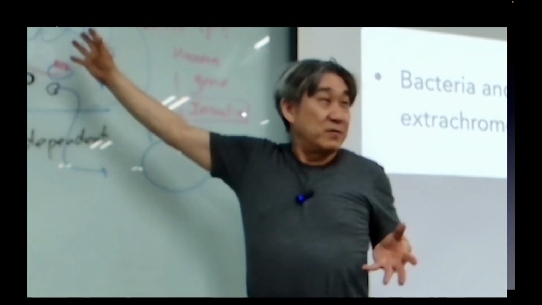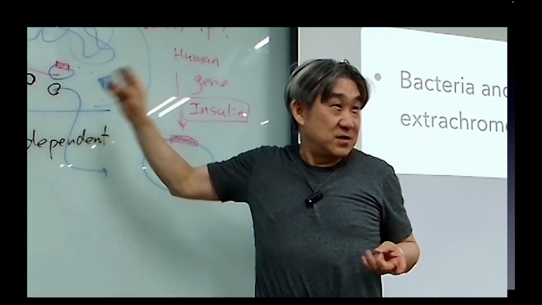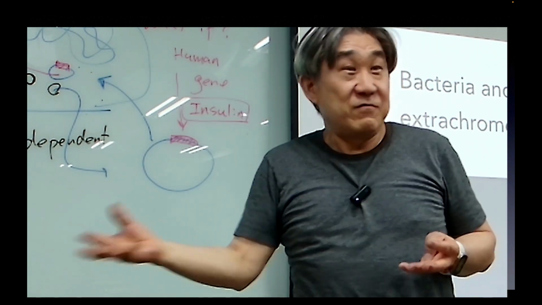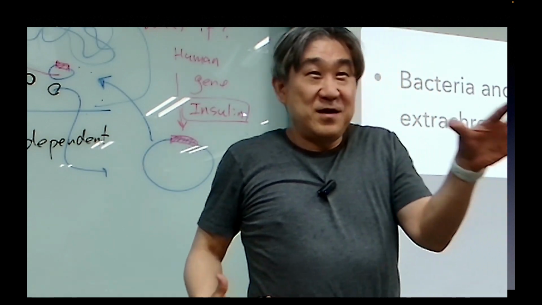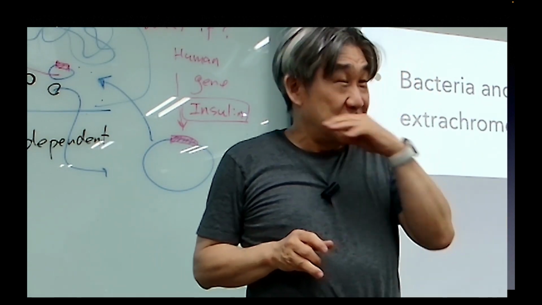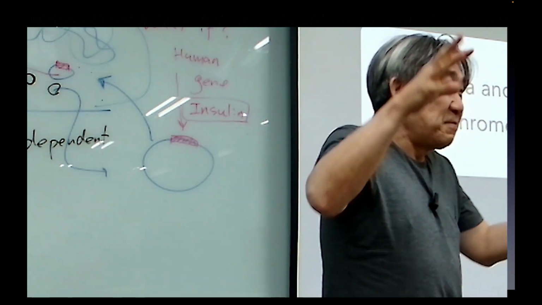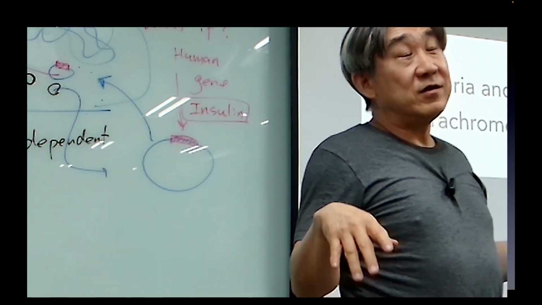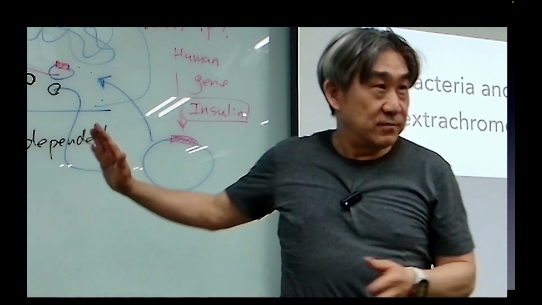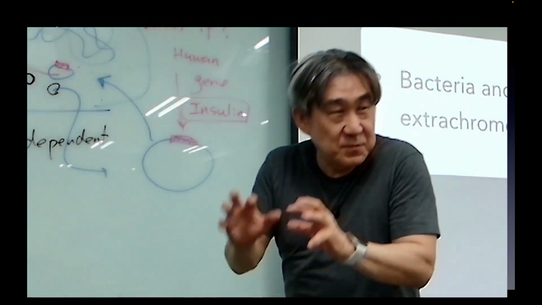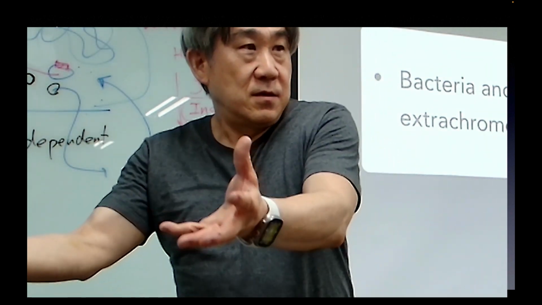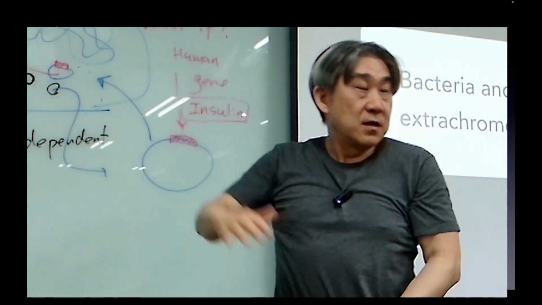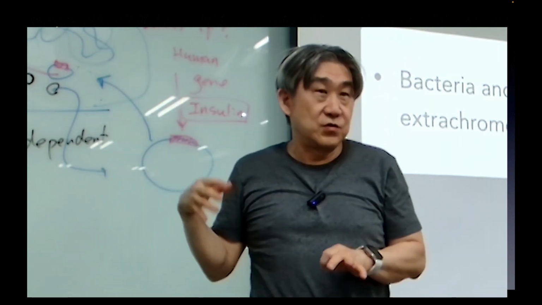So each cell can have up to 5,000 copies of this human insulin gene. That's why these days, have you ever tried this insulin treatment? No one. Obviously good. Nobody is having diabetes now, at least for now, good. But the insulin is very, very cheap. So that's how the plasmid was the tool with which we developed this modern current technology of genetic